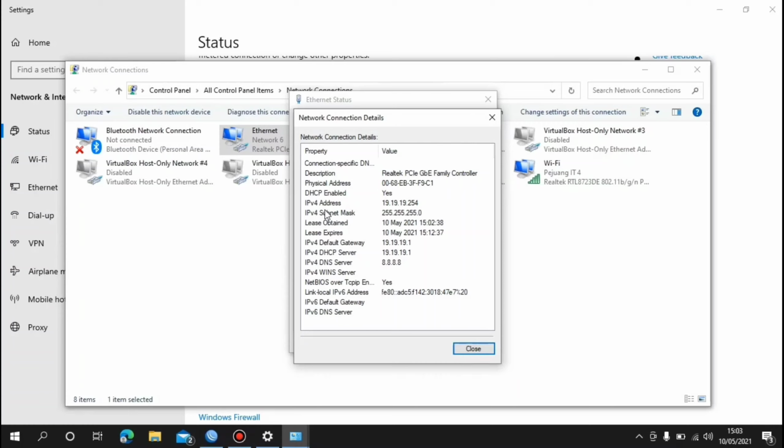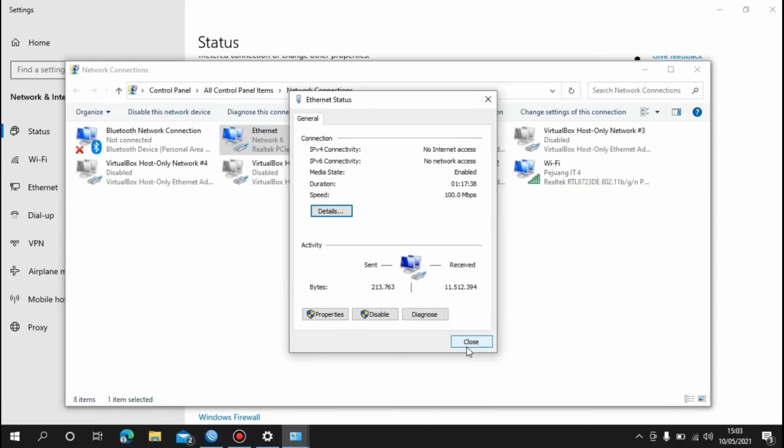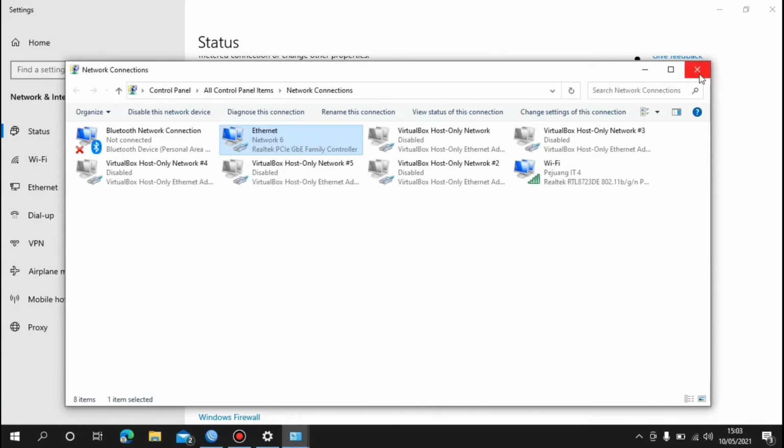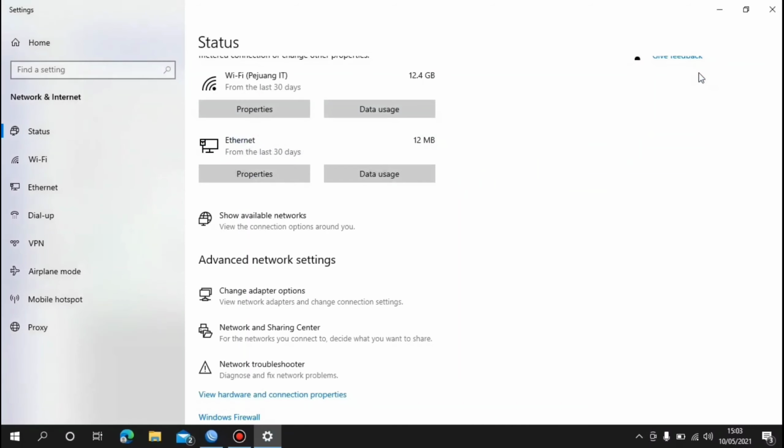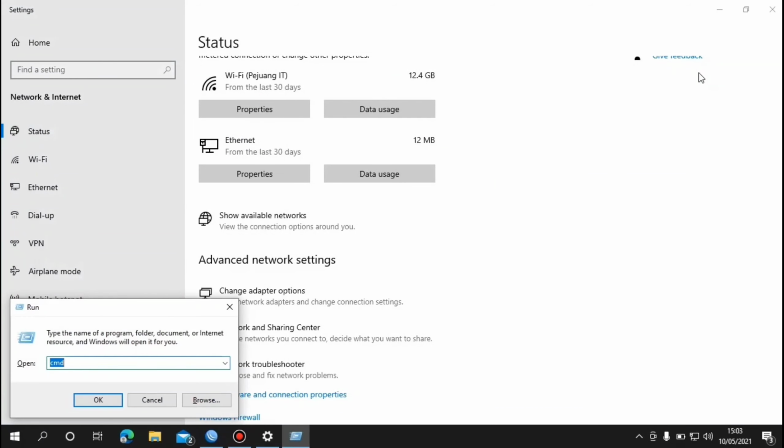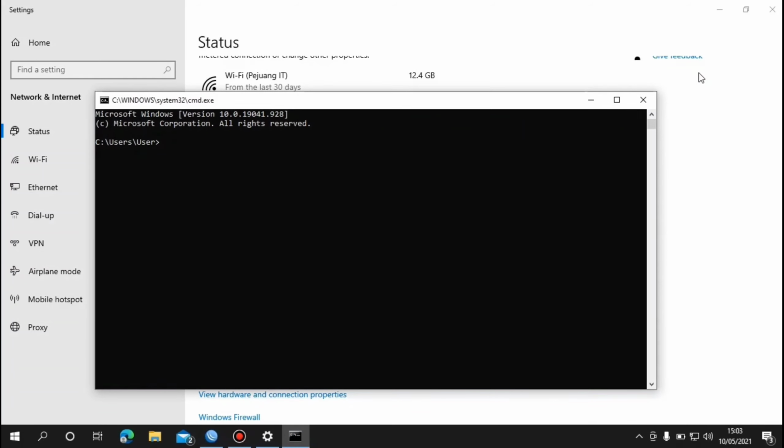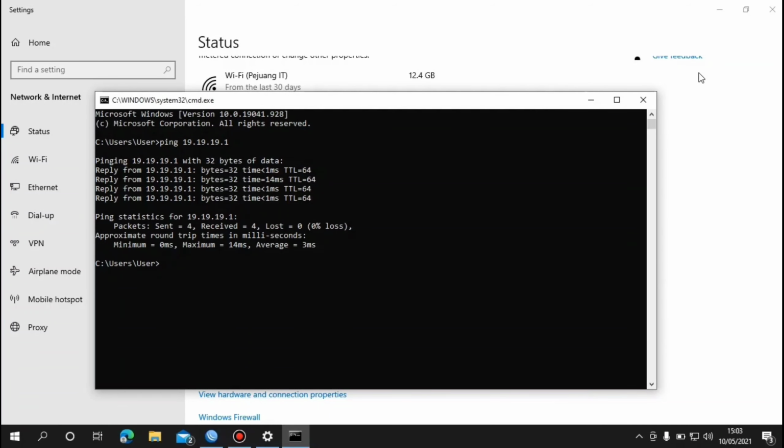and then do pinging on the client one to the IP of router interface bridge. Open the CMD or command prompt and input the command ping and the IP of router interface bridge, 19.19.19.1, enter, and we can see the result is reply, which means the client one is connected to server or router one.